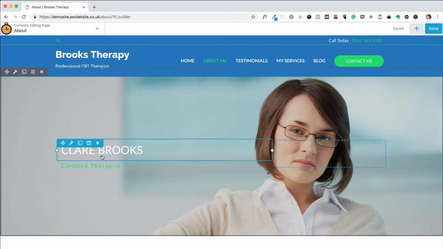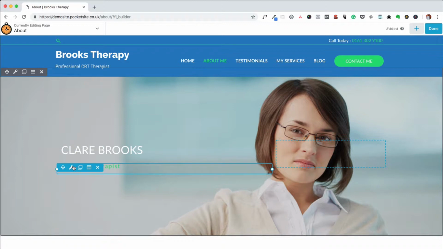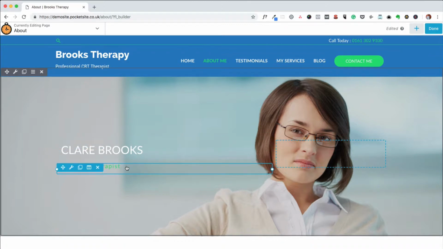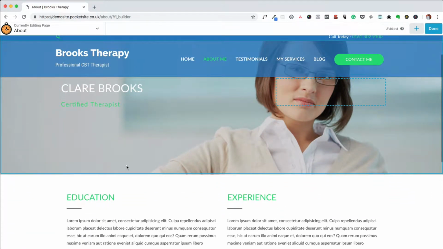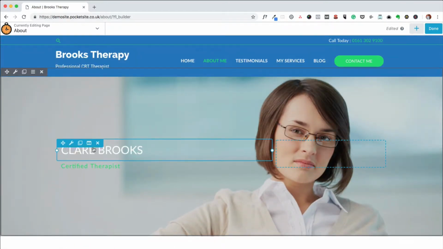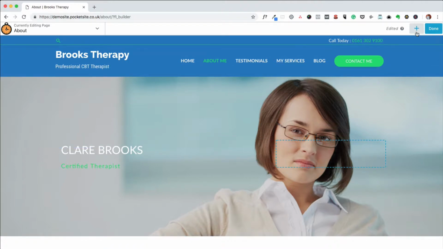Anything within a column, like the headings that we've got here, is known as a module, and the page builder has many modules in it. The website template that you're seeing only has a sample of them. There's an awful lot that can be done with it, but there was no particular reason on this website to load those modules, though you may find a need for them later on. So what I wanted to do was just show you how you can access those additional modules. To do that, you would just click on the plus sign over here,